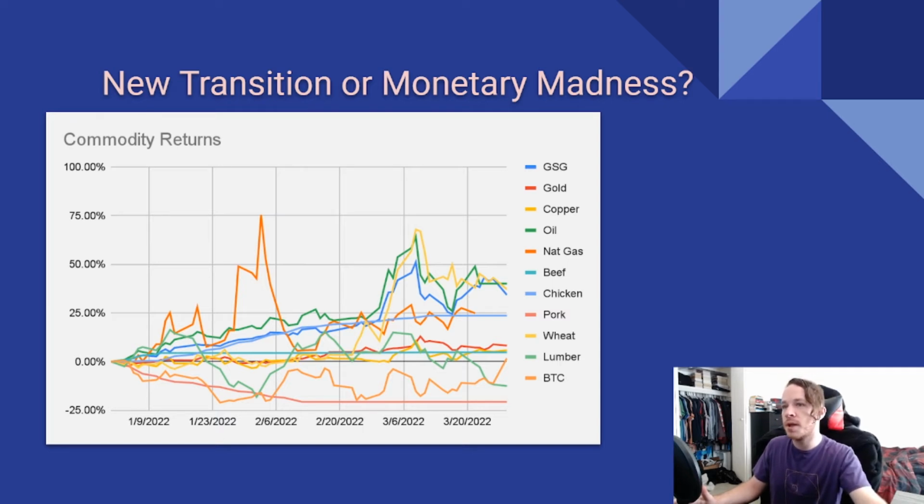The GSG, which is that blue line, is a commodity index that I like to pay attention to. Admittedly, it's about 1/3 energy overall, and so you can see the movements across the way. Before the conflict began, natural gas spiked, and then after the conflict began, it actually came back down. Now we're seeing wheat and oil coming up rather significantly since the conflict has revved up, ending the quarter relatively high,